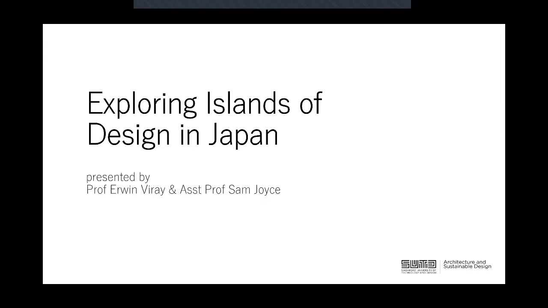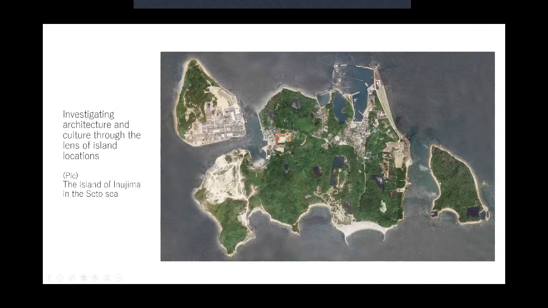And secondly, our pillar's name is Architecture and Sustainable Design. In order to understand better what architecture is and what is sustainable design, it means we have to know the life of people in different parts of the world. We have to understand culture. We have to understand how people behave, react, and then live their lives in the different places of the world. By understanding this and having this opportunity to encounter people, we widen our horizons.